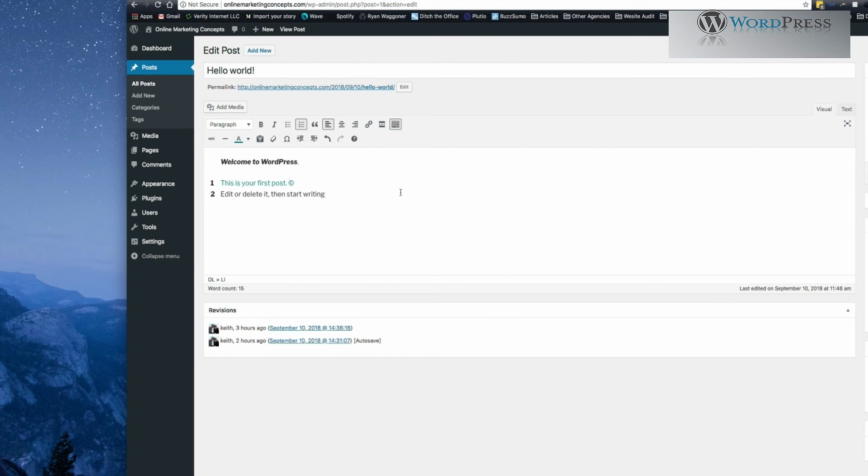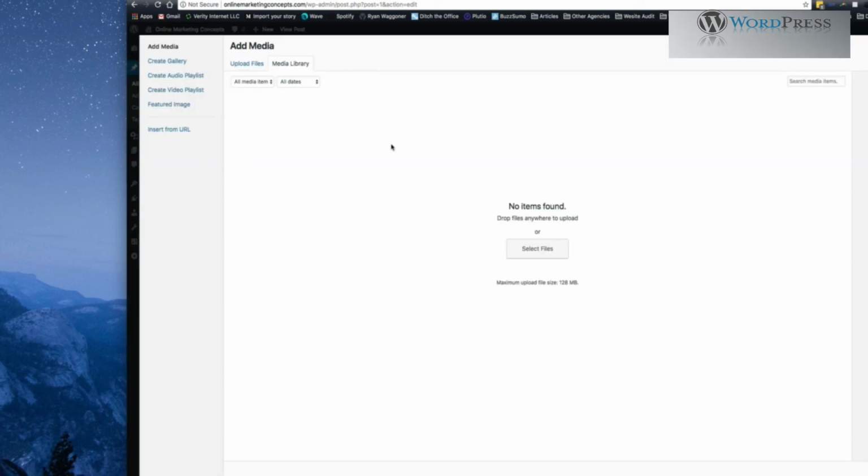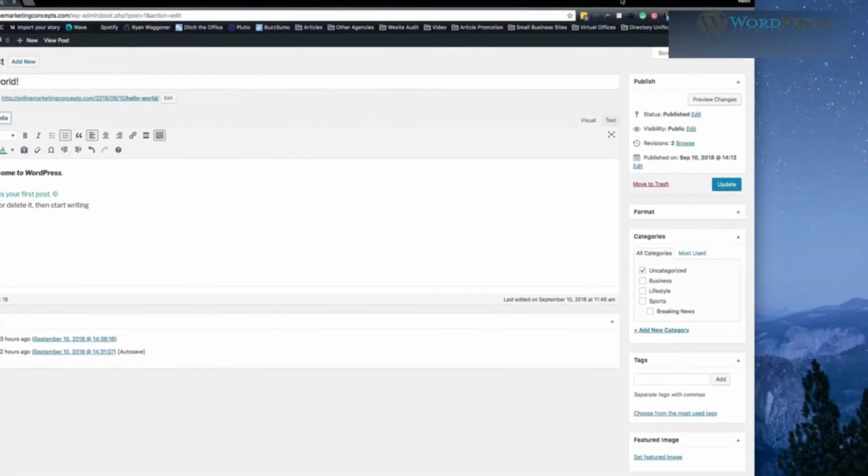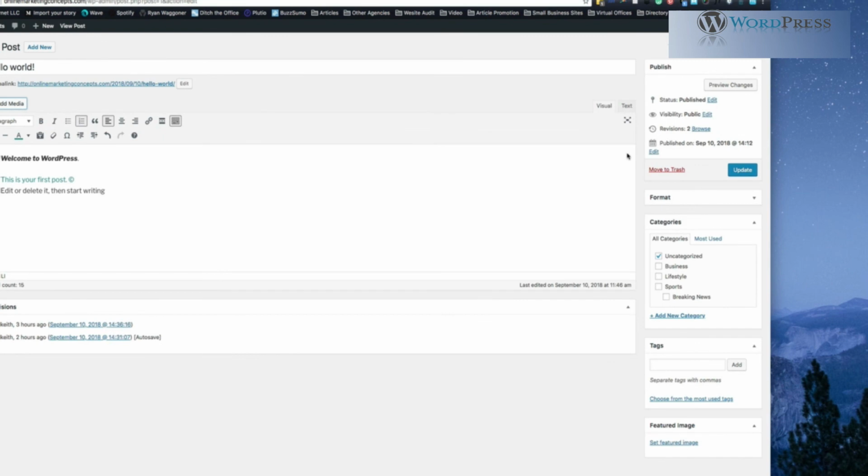But this is the body of the article. This is where everything is going to go. You could also add images. You could click on this and you could start to drop in photos or video or audio or PDFs or any kind of thing that you can use for people to be able to download or see is going to go right in there. Now some other information that you're going to see right up here under the publish area,